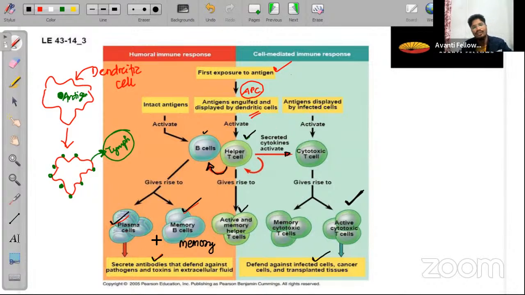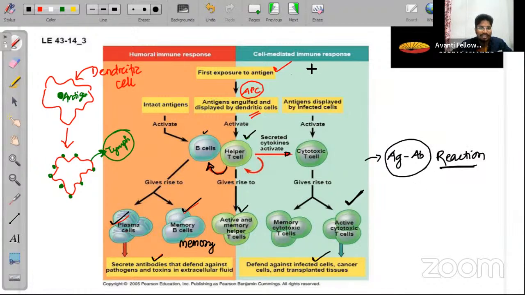That secreted antibody will act upon the antigens, and from here the antigen antibody reaction will be starting. So in the next slide we'll be talking about the antigen AG and antibody AB reaction. Antigen antibody reaction होगा, इसके बारे में हम लोग बात करेंगे नेक्स्ट स्लाइड में, राइट? दिस इज योर सेल मेडिएटेड इम्यून रेस्पॉन्स, जहाँ पे साइटोटॉक्सिक बी सेल काम किया, ह्यूमरल में प्लाज्मा बी सेल काम किया. ओके,